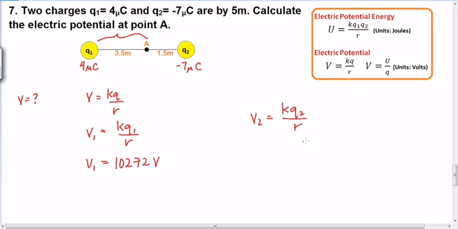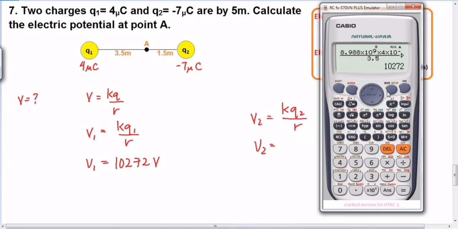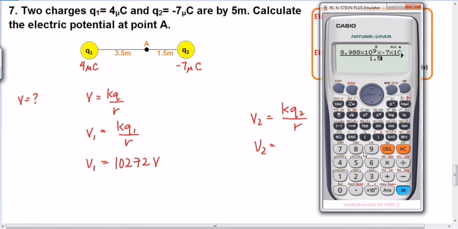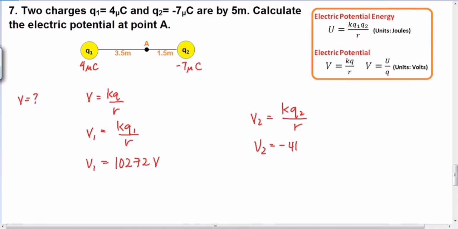Okay, ito lang yan. Sila lang yan. Okay? So, ito naman, si V sub 2, ang gagamitin, si Q sub 2. So, papalitan ko lang yung Q sub 2 dyan sa taas. So, instead of 4, I will put negative 7. Ayan. So, negative 7. Micro din naman siya. So, times 10 raised to negative 6. Pero, iba yung distance niya. So, gaano kalayo si point A kay Q sub 2? So, that is 1.5. So, ang nalagay ko sa denominator, 1.5. And then equal, so ang lalabas, negative 41,944